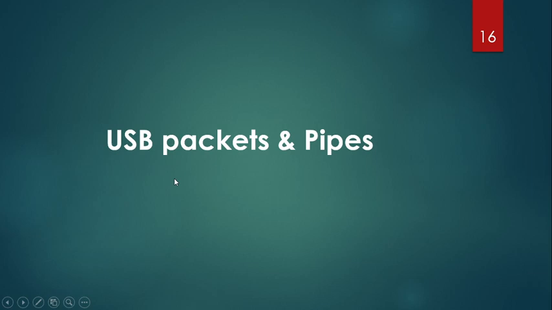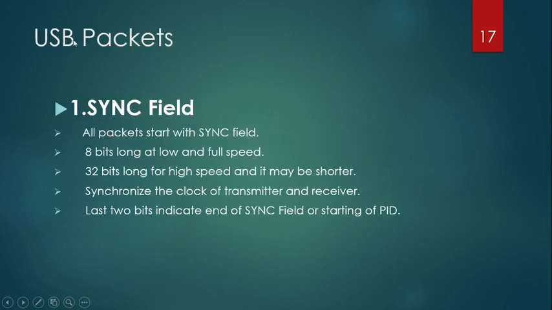In the first section we discussed the basic features of USB, its topology, its types of transfers, etc. In this section we will concentrate on the frame format, that is, different types of packets have different frame formats, and the concept of pipe. We will now see the different fields of a USB packet.